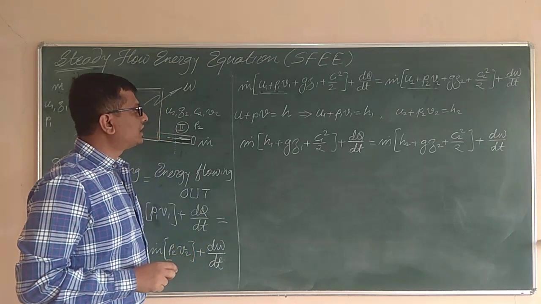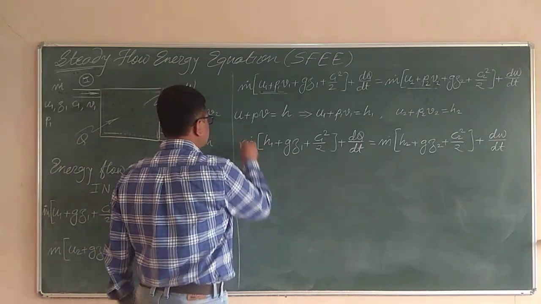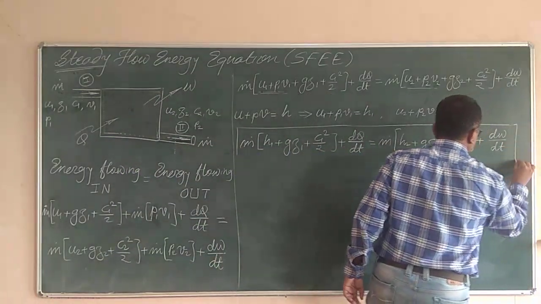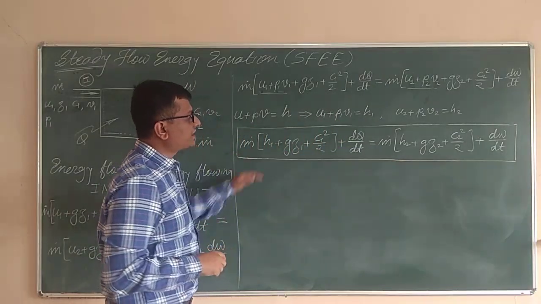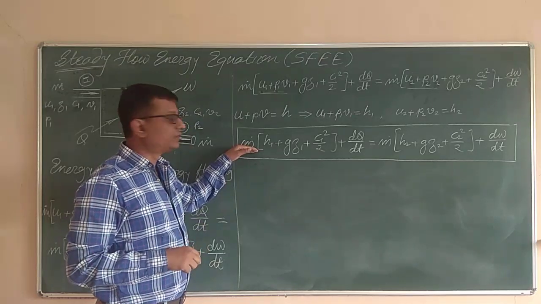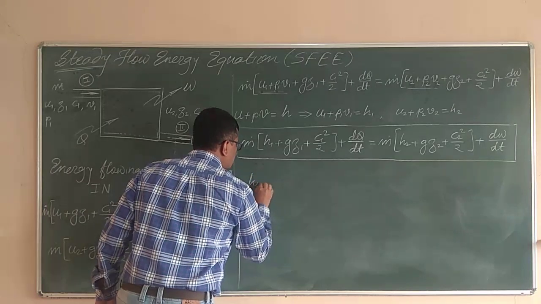Now let us divide the entire equation by the mass flow rate m dot. This is one of the important forms of the steady flow energy equation. If I divide the entire equation by small m, which is nothing but the mass flow rate of the fluid, then the equation I get will be H1 plus